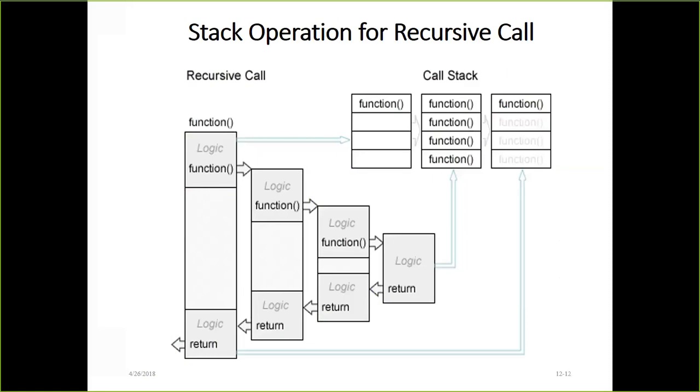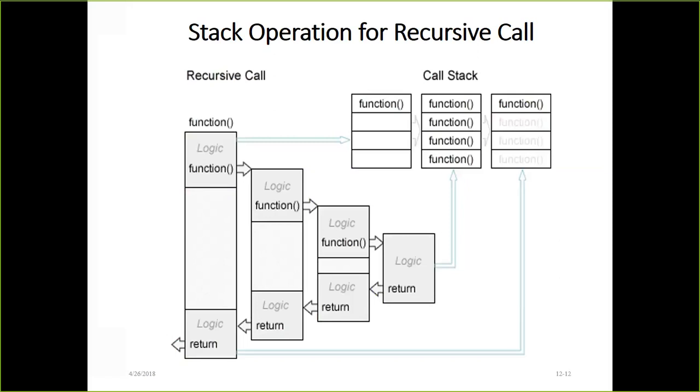When you use the factorial 5 operation, the value 5 goes all the way to the end, okay? Then on top of 5, it says factorial 4. Then on top of 4, it says 3. Then on top of 3, it puts 2. And on top of 2, it puts 1.